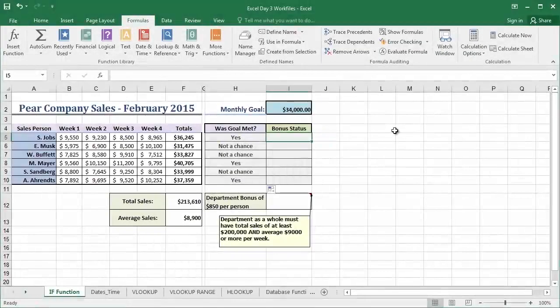Welcome back. So we've asked our first question. Was the goal met? And with a little bit of work, we got Excel to answer that question for us. Now what do we want it to do? Well, we probably want it to calculate the bonus status. Let's say, for example, that if they hit their bonus, they get a 2% commission on top of their regular